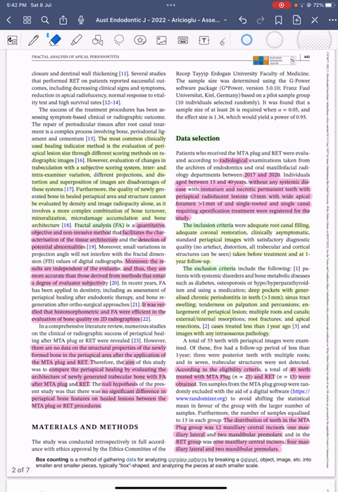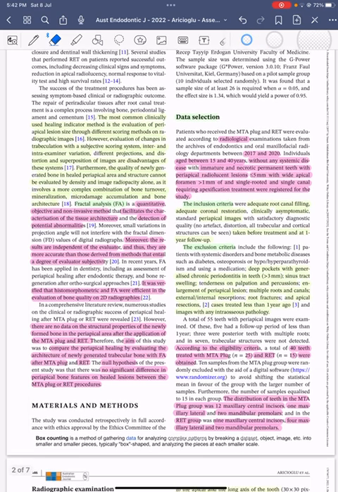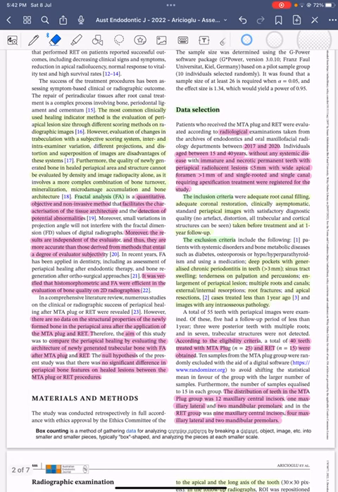Therefore, to obtain more quantitative and objective results, it's recommended to analyze the generation of the new bone from the spongy structure of the periradicular tissue by fractal analysis, which is a quantitative, objective, and non-invasive method that facilitates the characterization of the tissue architecture and the detection of potential abnormalities. There are various types of fractal analysis, including box counting, which is a method of gathering data for analyzing complex pattern by breaking a dataset or image into smaller and smaller pieces, typically box-shaped, and analyzing the pieces at each